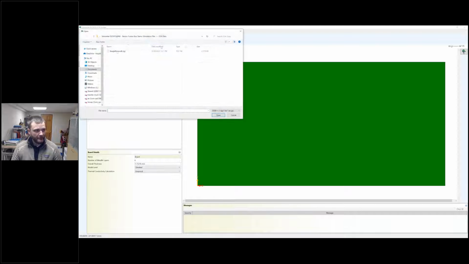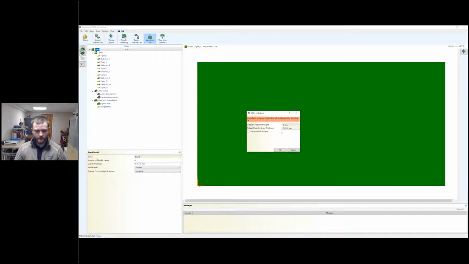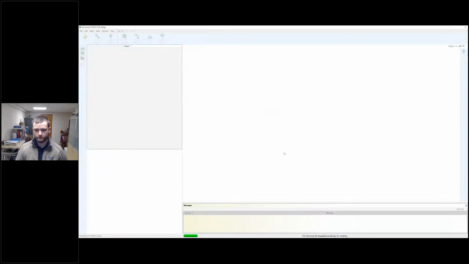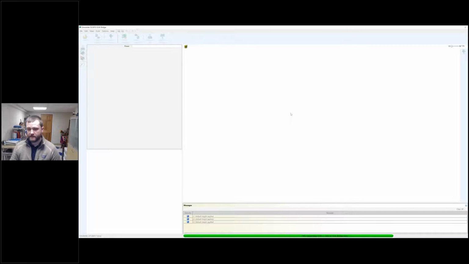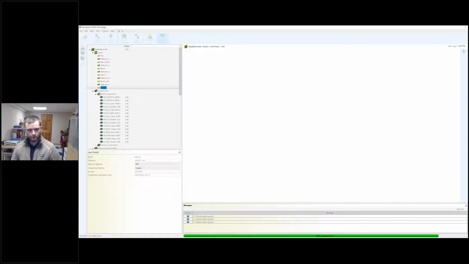And so I'll just go ahead and do that, grab my ODB++ file. We also have the ability to use CC or CCE, IDF files, ProStep, as well as a couple other options. So open this up, use our default component heights, etc. for this demo. And this just takes a second to load all the data. And this, you'll see, is not a trivial PCB, and this loads this data quite quickly.